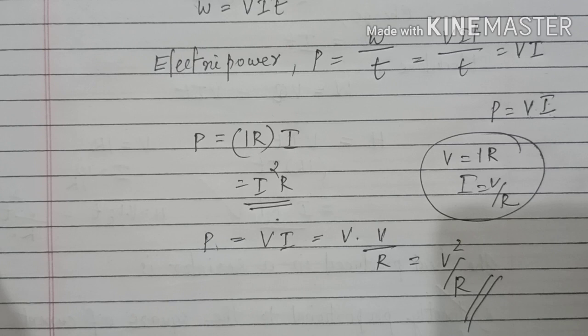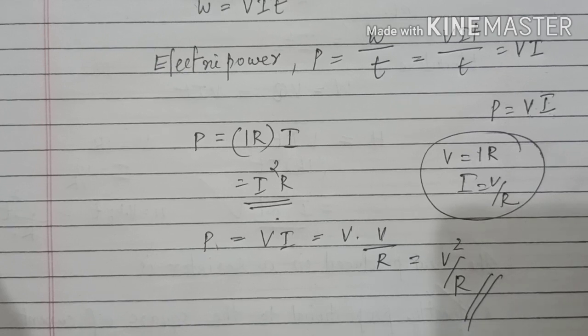In any way numericals can be asked, so you should be aware of each and every equation. That's why I'm saying every equation here. So go through it. It's very easy. Just understand what is power, then how will you define power, and then substitute the values that you already have with respect to Ohm's law. You have V equal to IR. So in the equation for power P equal to V into I, you have to substitute instead of V as well as I. So you will get various expressions for power.